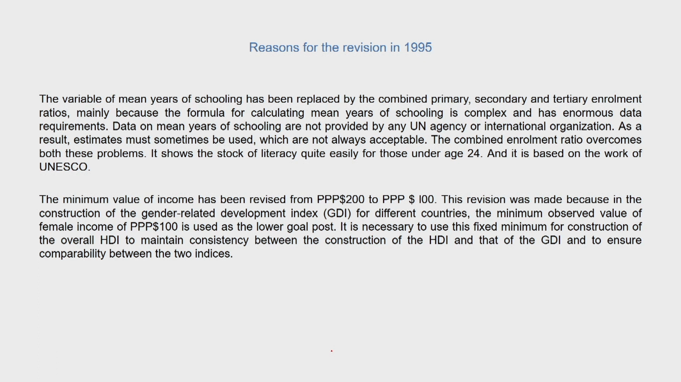And it is necessary to use this fixed minimum for construction of the overall HDI to maintain consistency between the construction of HDI and that of the GDI, and to ensure comparability between the two indices. So, in 1995, if you remember from the last class, I had shown you an Excel sheet which showed the computation of different indices over the years, over the human development reports that were published in different years, and you